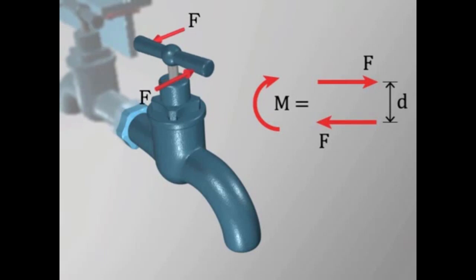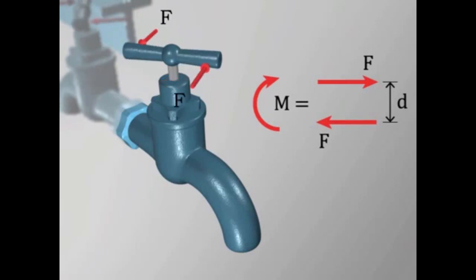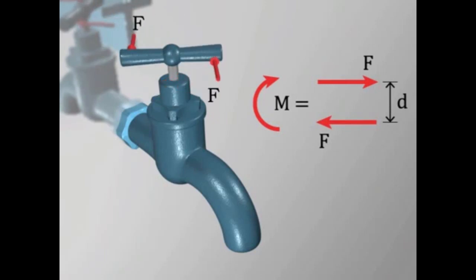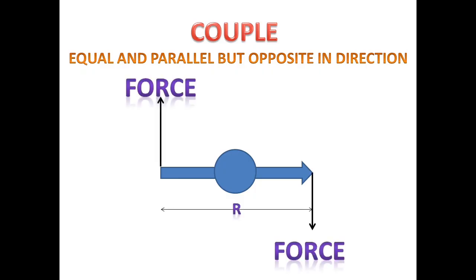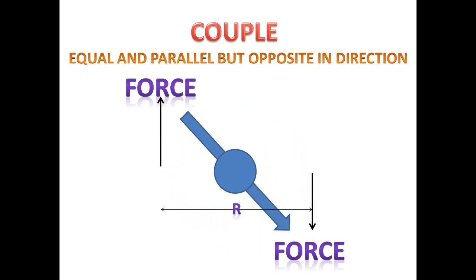This animation shows the applied force couple with a distance d between them that equals the applied moment. Apply the force, then what will happen? The rotation effect can occur. This couple effect